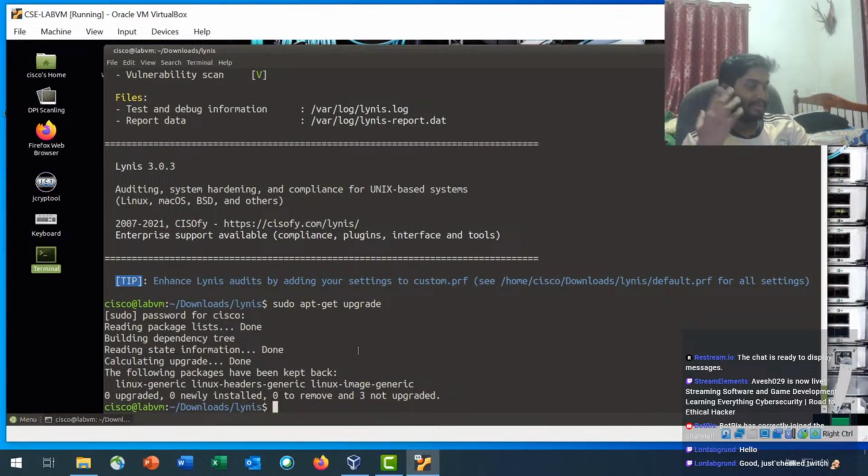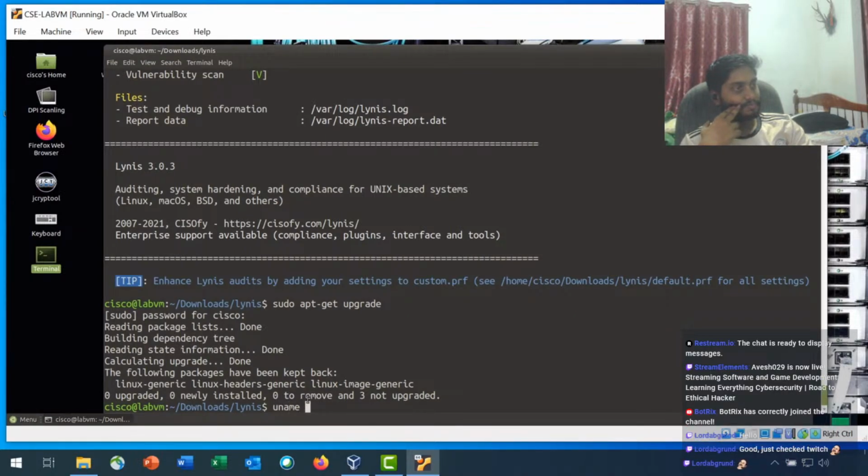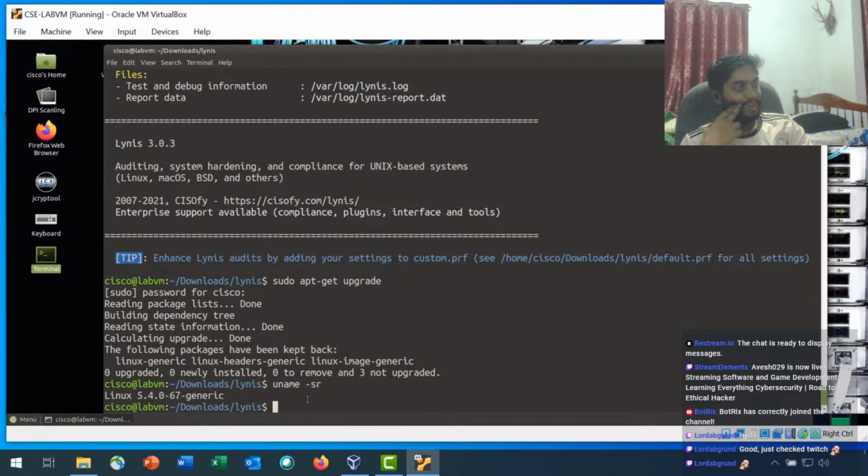You can see the version as of the time of this recording by entering the following command. uname with the options -sr. We see that we have